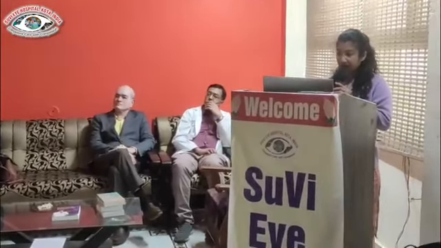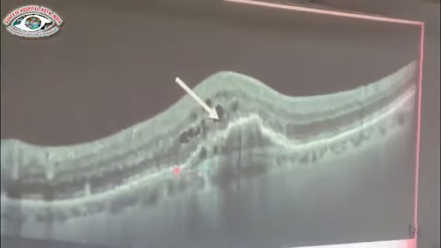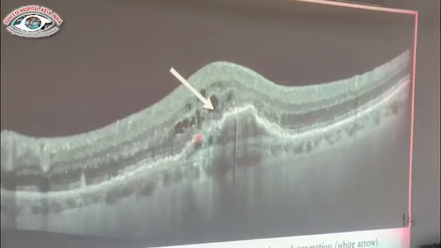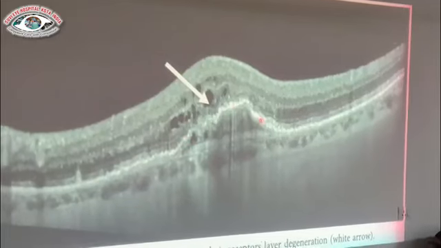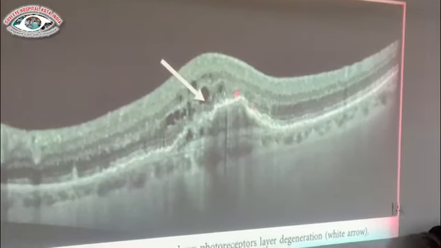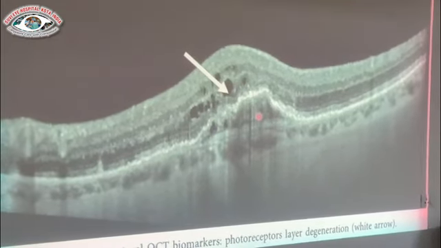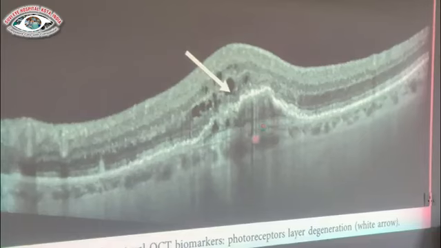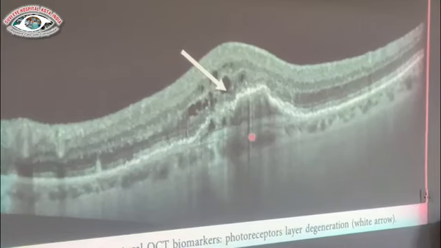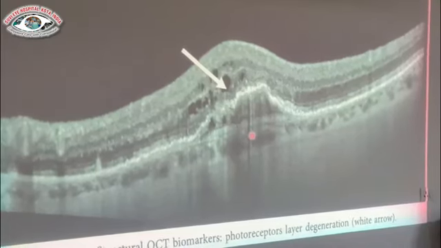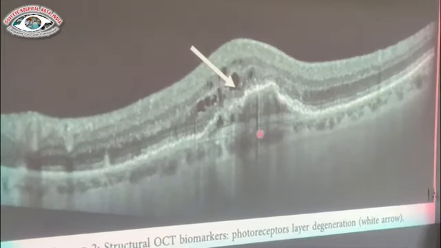Now we can compare this slide with the normal slide. As we can see here, the second and third hyperreflective layers are disrupted, while elsewhere they are continuous. So in this picture, we can say there is photoreceptor layer degeneration associated with intraretinal fluid. That's why this patient will get more anti-VEGF and also has a poor prognosis even after resolution of the fluid.